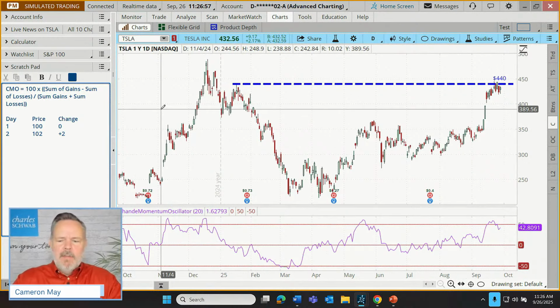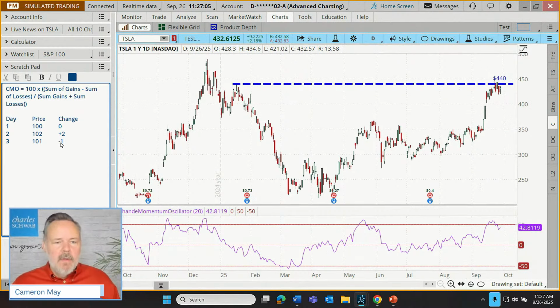Okay. Let me get my cursor out of the way so you can see what I'm doing here. Day three, let's say the stock retreats a bit. So its value, its gain, or in this case, it would be a loss of $1. Day four, let's say we get a pretty good day, $3. Day five, we retreat, or let's say we just continue to advance, doesn't really matter. And then finally, day six. So this is our 5th day after the starting point. Let's say we retreat a little bit and we have a negative day.